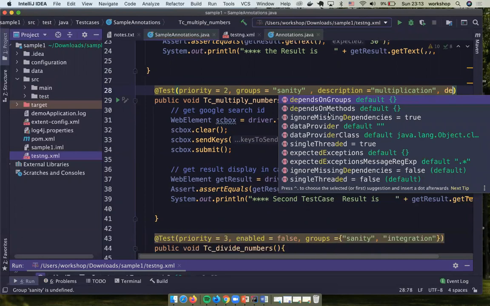You can see depends on method and depends on group, they're almost the same thing. If I say depends on group, that means whatever group, let's say this test, if this test needed another group to run, I will use depends on group and mention the group there. If this test, for example,